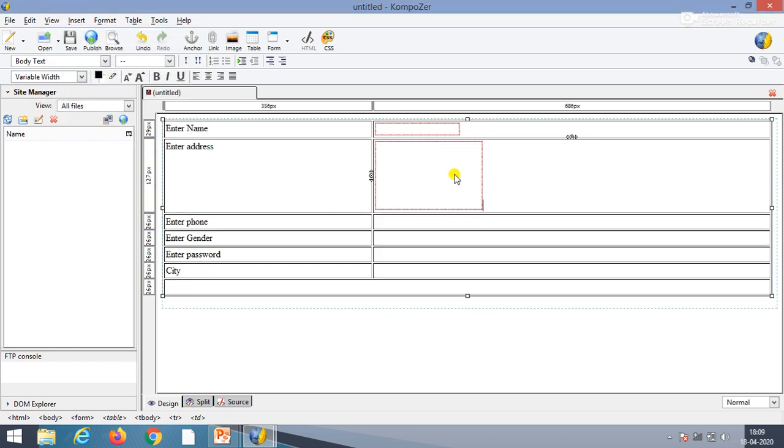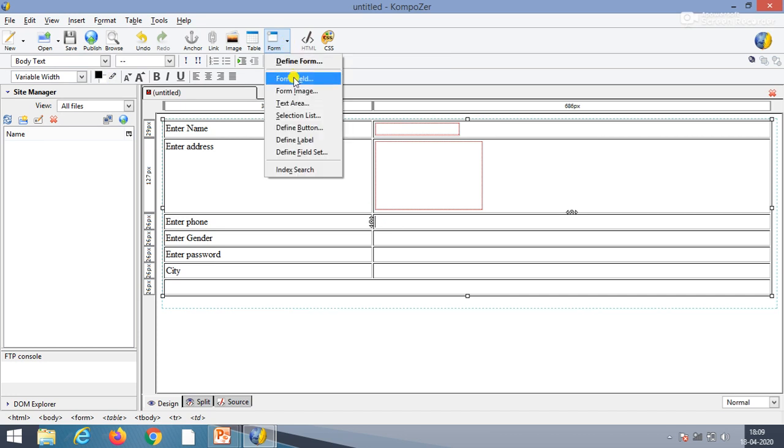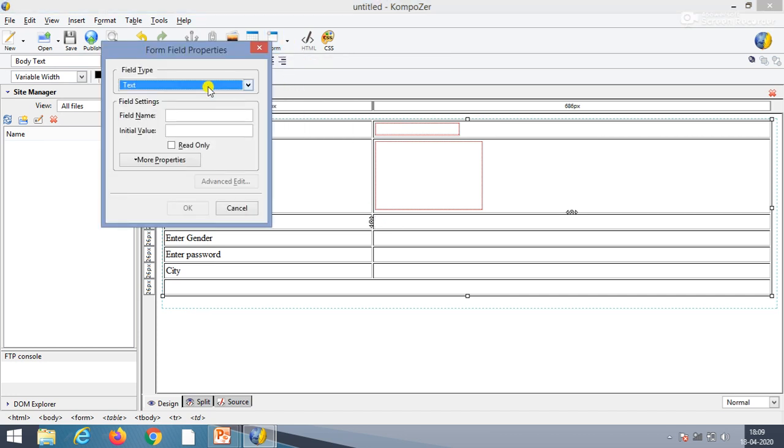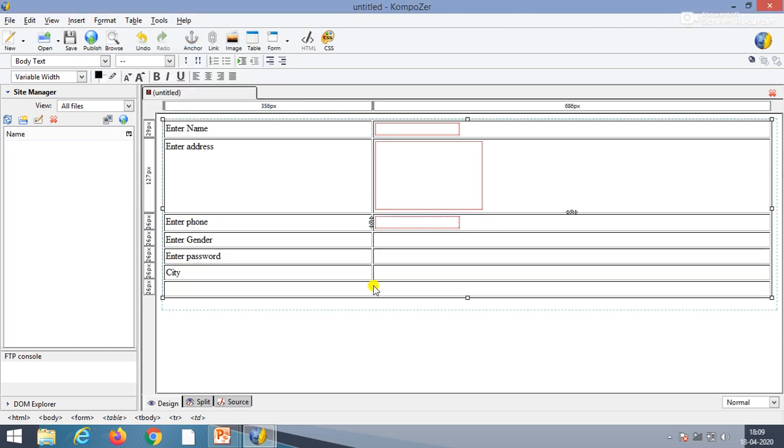The text area is inserted. Now for the phone number, we will only insert the text box from the form property, form fields, text, field name, suppose I am giving B here, empty this initial value and then OK.